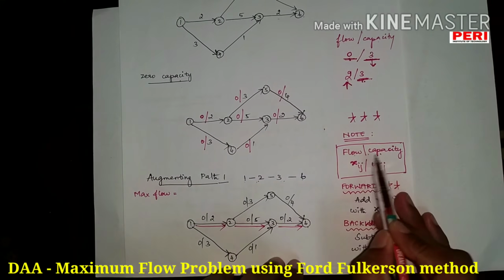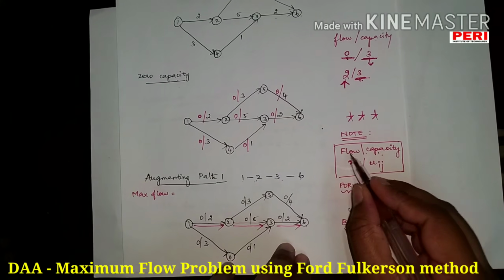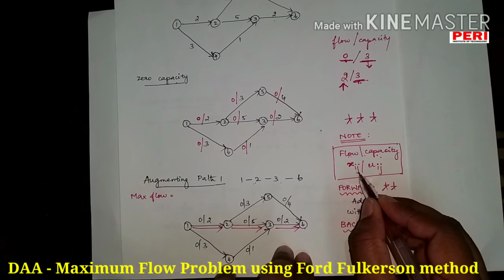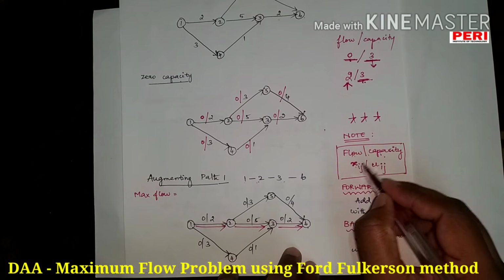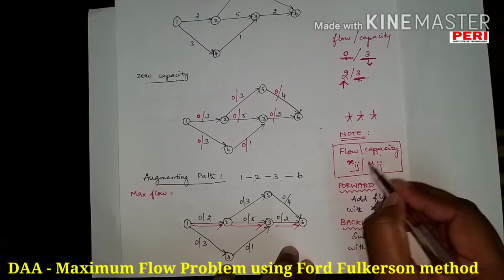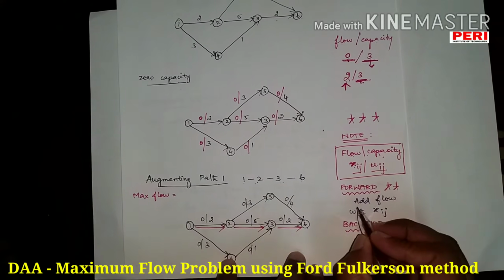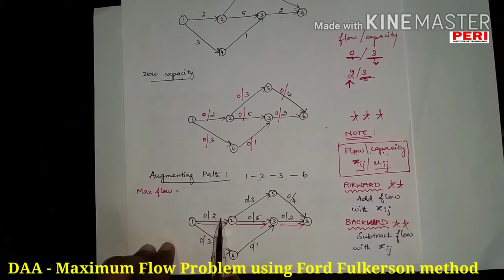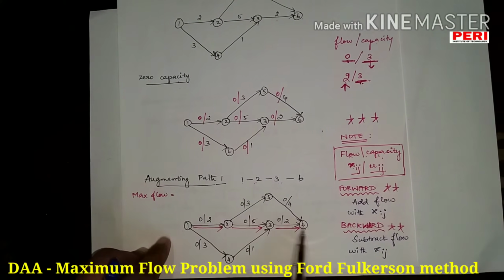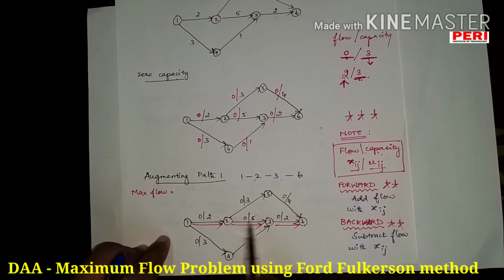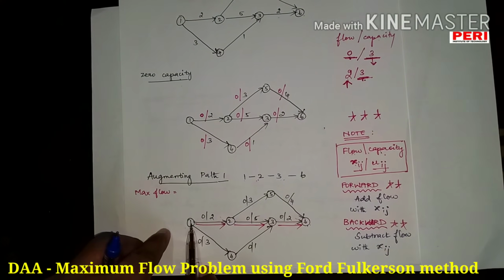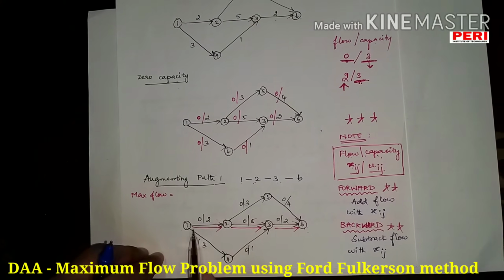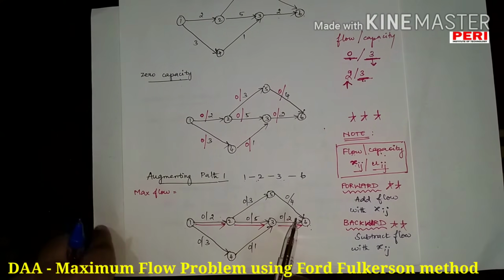Sorry, flow / capacity, right? So take flow as Xij and capacity as Uij, for example. Flow is Xij, capacity is Uij. Now look at the flow over source to destination. All are of forward flow, right? There is no reverse direction on all that. So I have started from 1, I am reaching 6 only with the forward flow, no reverse flow.